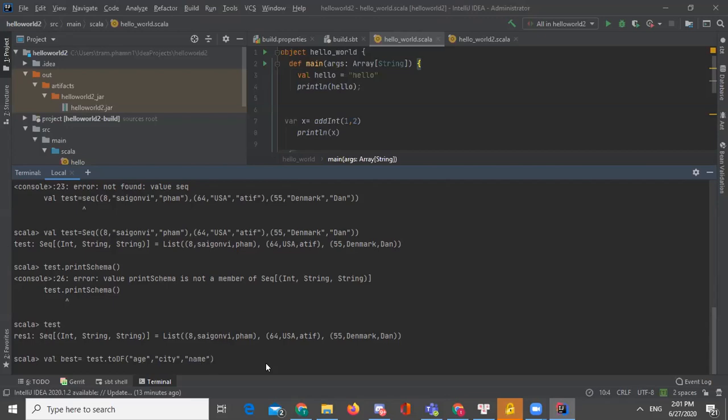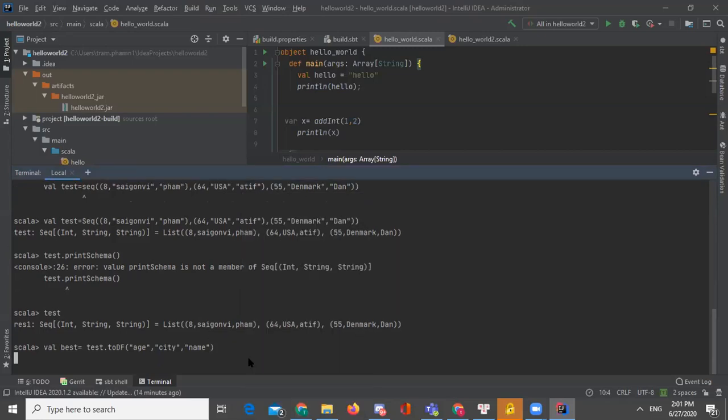You can see we have three values here, and we provided the headers by converting it to a data frame. We assigned some headers to it, because previously when we defined it, we did not provide the headers, right? So now if I press enter,